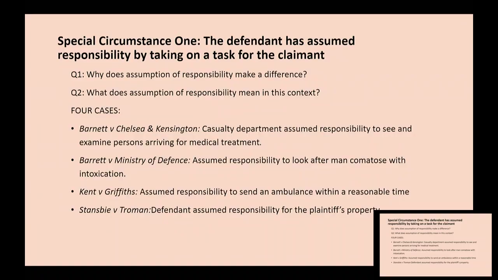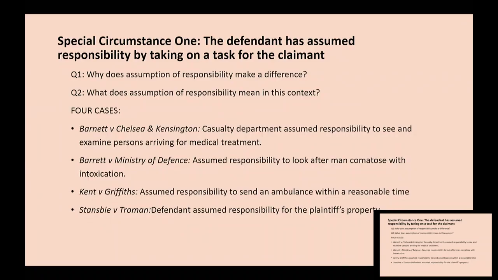Now, in reaching their answer in this case, the court noted that this was not a case of a casualty department which had closed its doors and said no patients can be received. If it had been that sort of case, there would be no assumption of responsibility. But in this case, the 3 night watchmen entered the defendant's hospital without hindrance. And they made complaints about their symptoms to the duty nurse. She received those complaints and passed them on to the duty medical officer. And then he sent back a message through the nurse purporting to advise the 3 men.